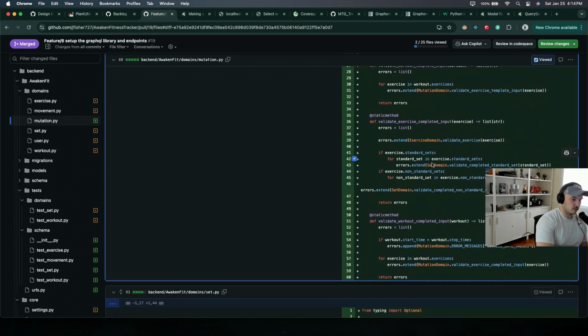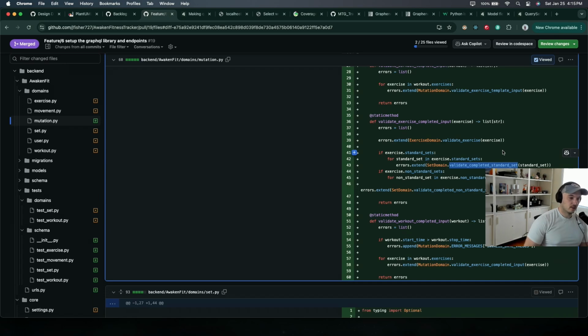And I was trying to relay it off to the various model domains to handle the validation for me, but I was having an issue with circular imports, and so the issue ended up being that writing a test for this validate completed standard set was giving me issues because of the objects that I needed to import to run